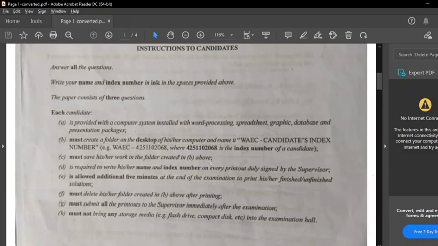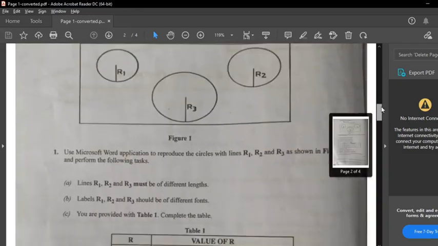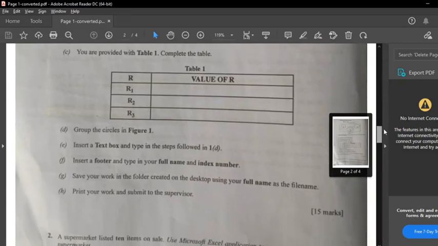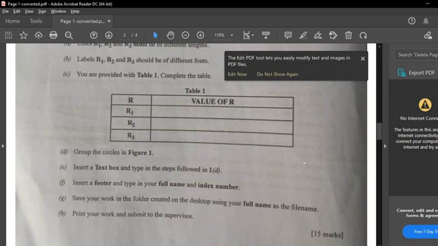Please, students, read through this thing. Read through it and follow the instructions. It's not for your teachers, it's for you, students. So please follow the instruction. Create a folder on the desktop. Give it this name. Follow that instruction. Please, with your reg number. And that is where you're supposed to save all of your work. I think. Yes, including this one. All right. So if you finish that will be 15 marks in all, and then you have to print your work and submit to your supervisor. So you print this one